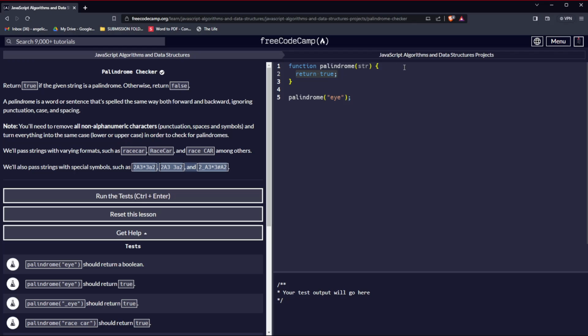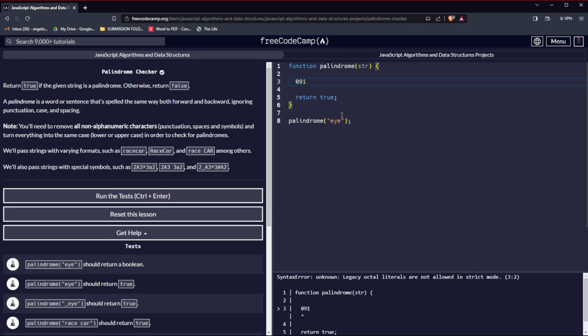Yes. So the first thing we need to do is to return true or false. We already have the return true, so how will we know if we want to return false? False means that the string passed in is not a palindrome. There's one thing we need to take note of first, and that is that we need to remove all non-alphanumeric characters, like special characters. We only want the characters included in the alphabet and the numbers, just like 0, 1, 2, 3,